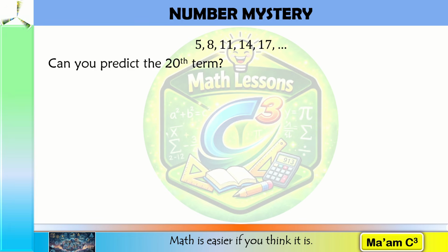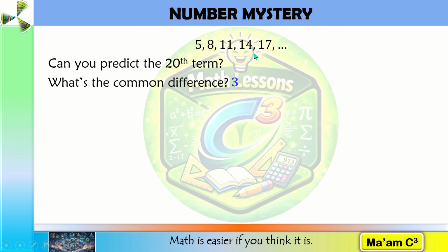Instead of repeatedly adding 3, mathematicians use a formula to directly find any term in the sequence. And today, we are going to discover that formula together. Since you have already noticed that the sequence increases by 3, what operation is repeatedly used? If going forward, it is addition. If backwards, it's subtraction. And what's the difference between the terms? From 5 to 8, what's the difference? From 8 to 11, from 11 to 14, from 14 to 17. What's the common difference? The answer is 3.